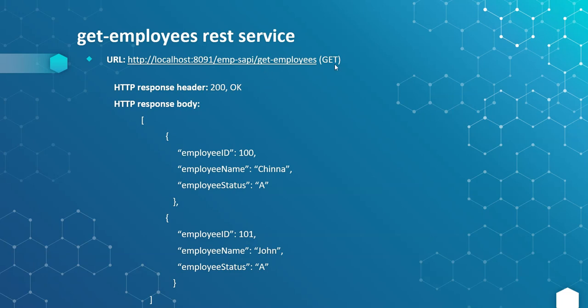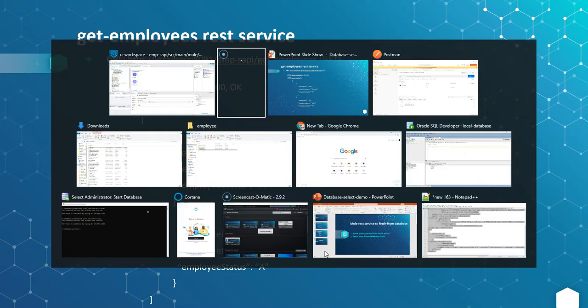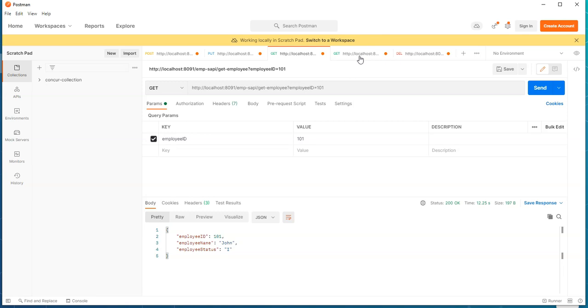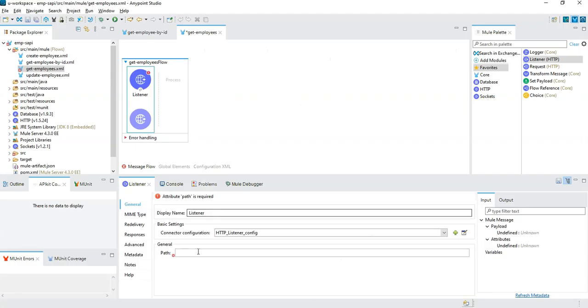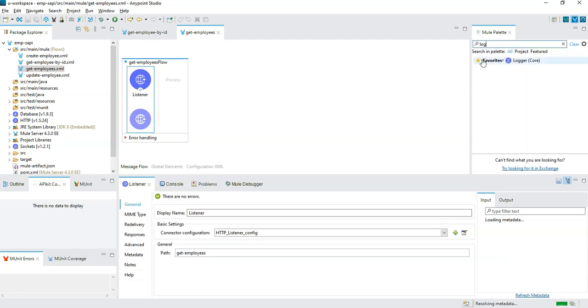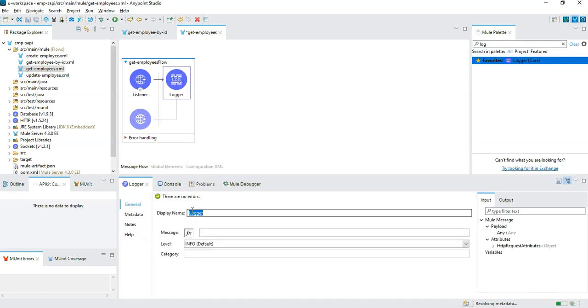So I am going to have the path as get employees. Even I made the same request prepared in Postman. Let me copy this get employees and go to Studio, put the path here. Let's save and let's have a start log saying that the flow has started, as a start log: started get